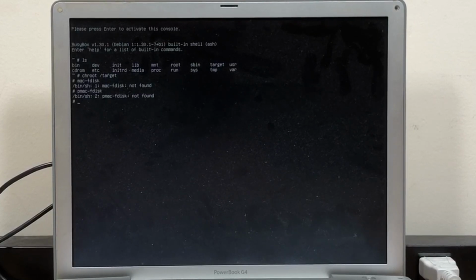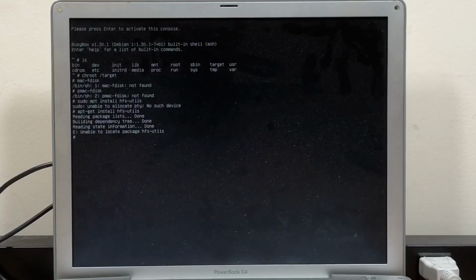I'll have to install, but what I do need to install is, I think it's that. apt-get install hfsutils. I think this is the package.